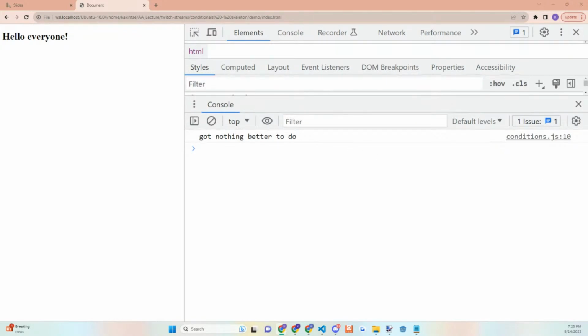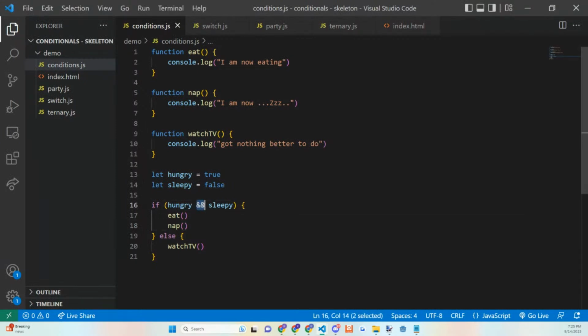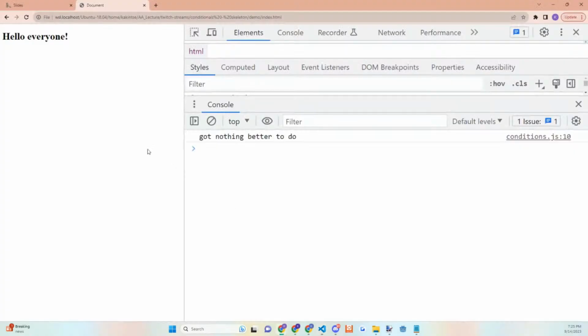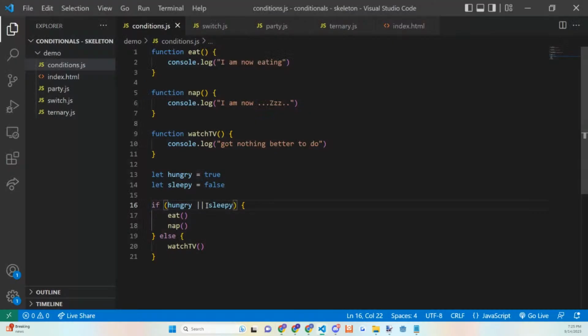So what happens if we use or? If we use or in this situation, we would actually hit something else, right? We would hit eat and nap because the way it works is that at least one of these values is true. We have to get either hungry to be true or sleepy to be true. Let's try it out now. I am eating and I am now Z's. All right.